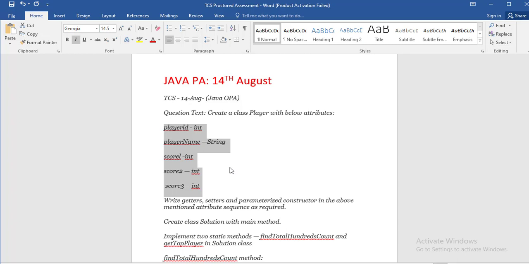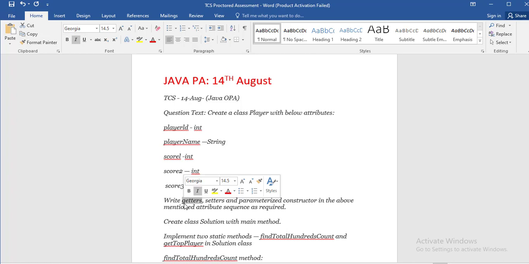Private attributes you can only access using setter and getter methods. Using the constructor, you can also assign the values of the attributes while you are creating the object of this class.